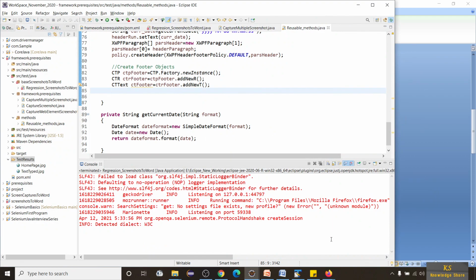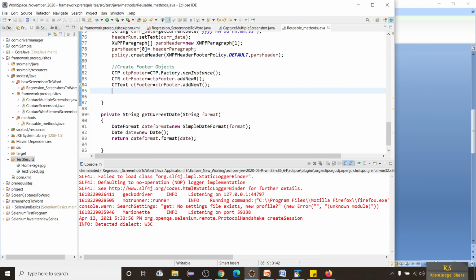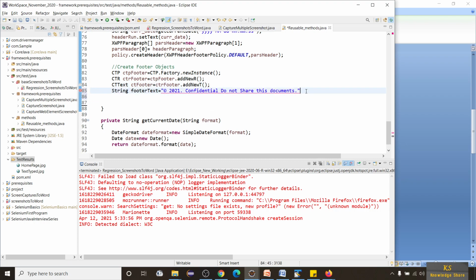I'm going to take some text, String footerText is equal to, I already have one text copied. I'm going to copy here. I'm just putting this confidential, do not share these documents.